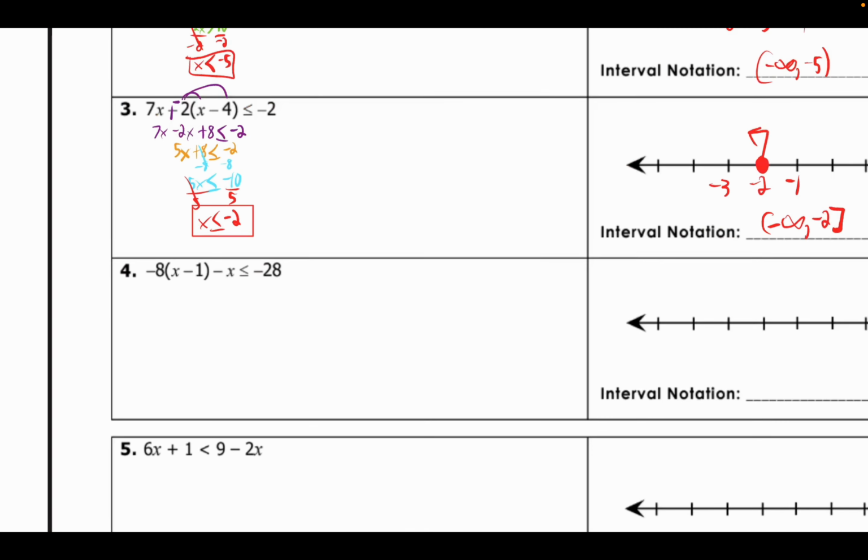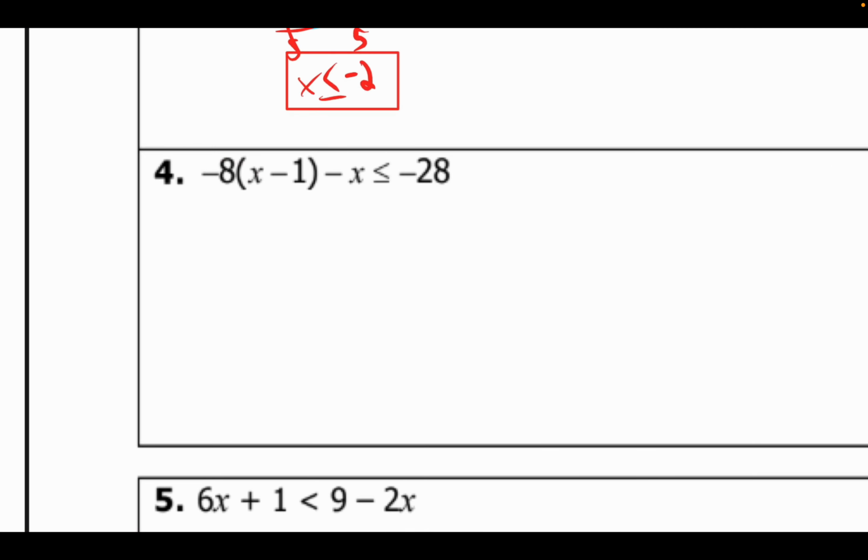Moving on to number 4 here. Negative 8 times the quantity of x minus 1 minus x is less than or equal to negative 28. I distribute my negative 8, and I have negative 8x plus 8 minus x is less than or equal to negative 28. And a point I probably should have brought up a little bit prior, but I'll bring up now,